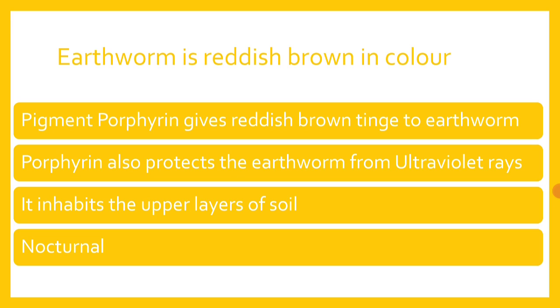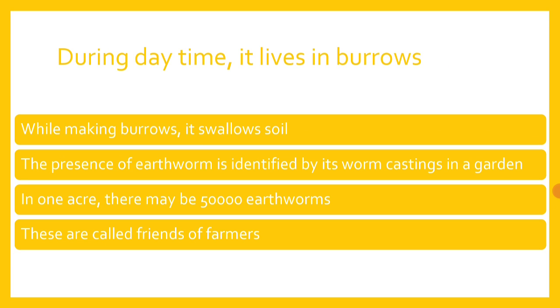And earthworm, as I already told, inhabits the upper layers of soil and it's a very shy animal. It is nocturnal. It very rarely comes out during daytime. During daytime, it lives in burrows. While making burrows, it swallows soil. The presence of earthworm is identified by its worm castings in a garden. And according to one estimation, in 1 acre of agriculture land, there are nearly 50,000